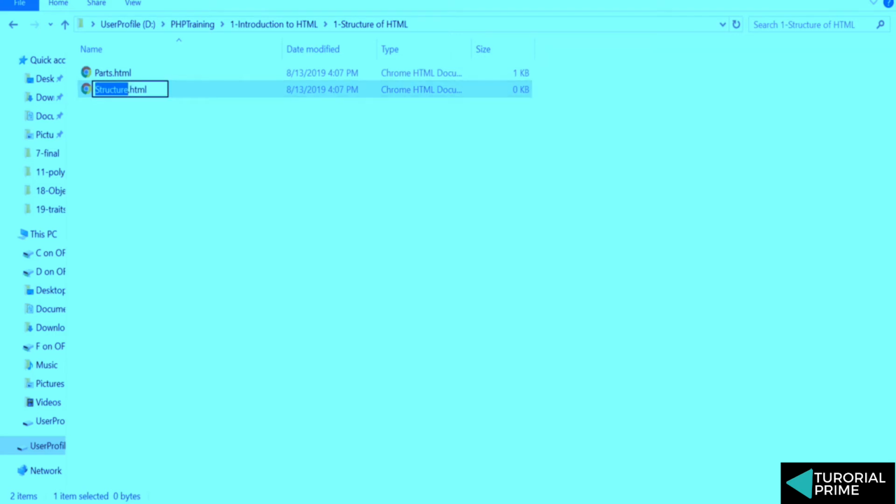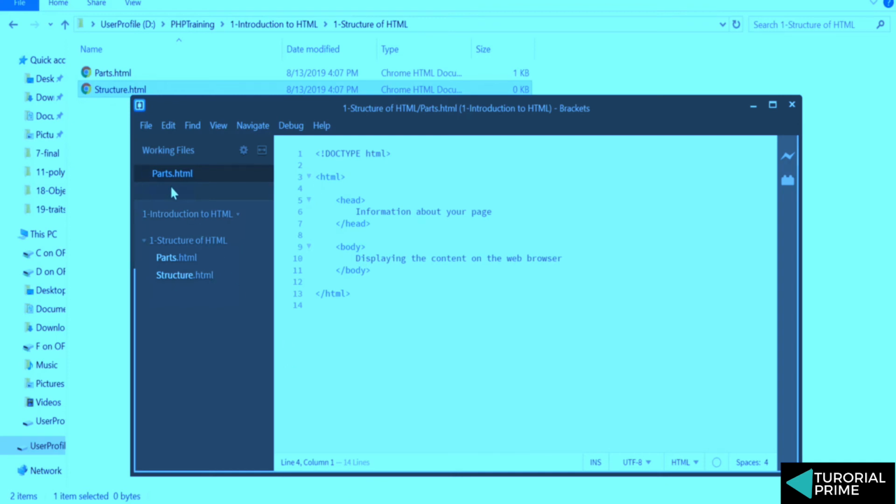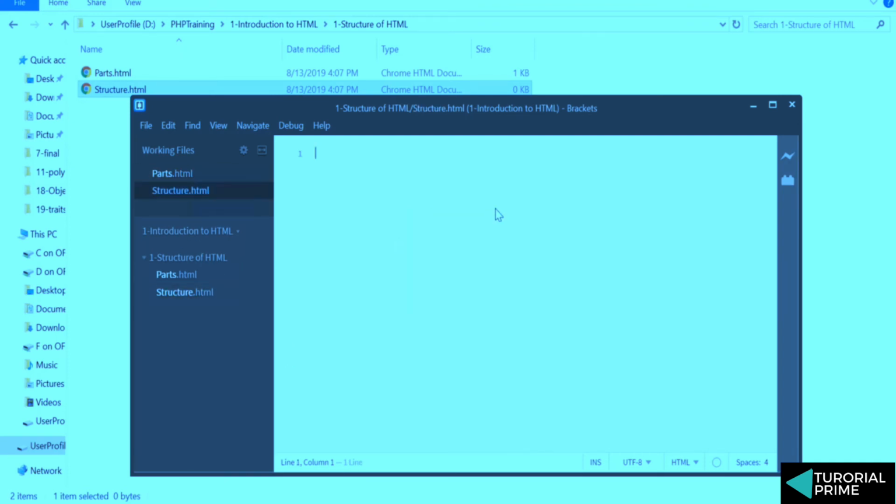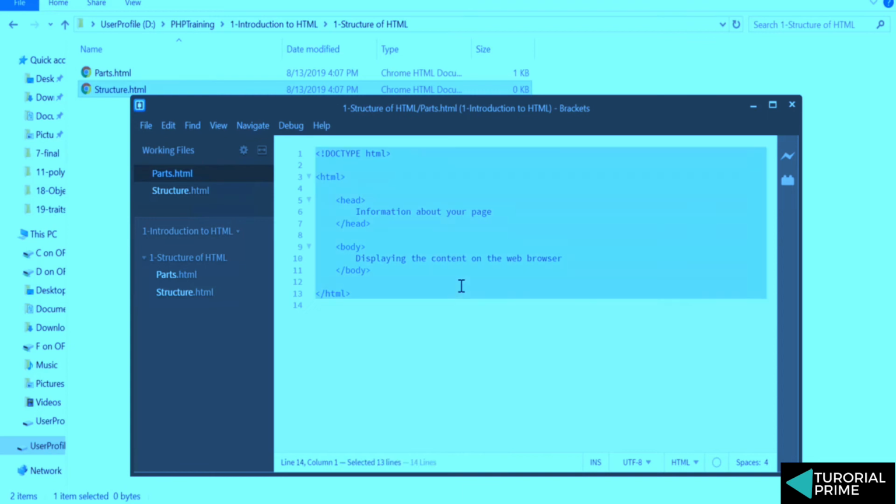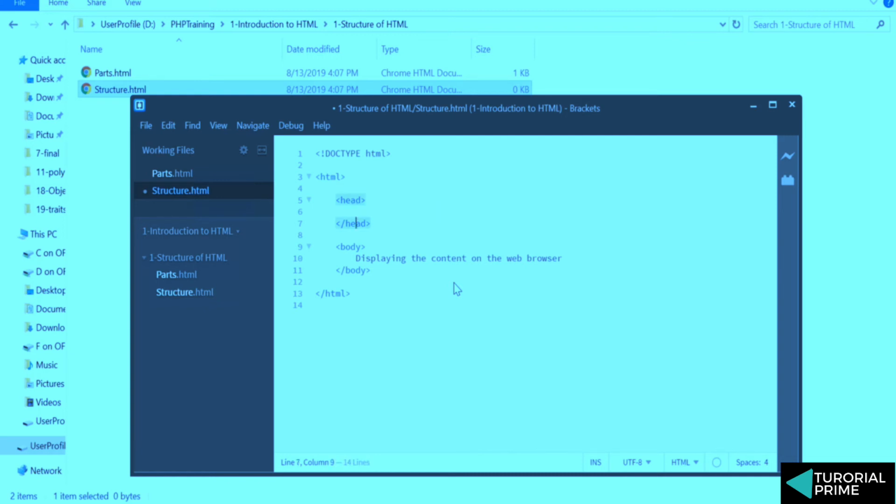Let's open. You don't have to open this up. I think it will be already visible here. Structure.html. Okay, you can copy paste this and then we'll start over from there. And remember, you don't write anything outside, you have to mention everything inside the tag. Because I wrote it like that just to show you an example.